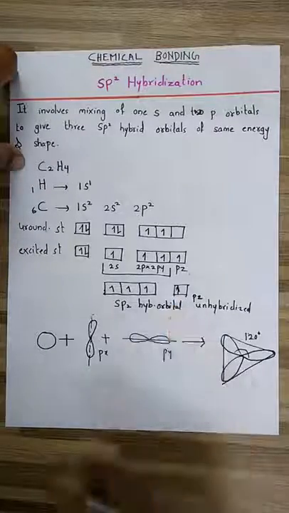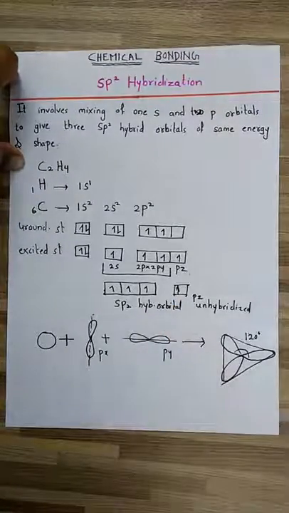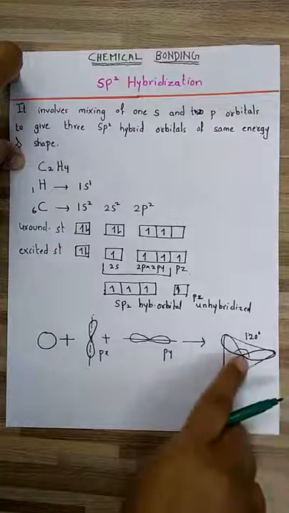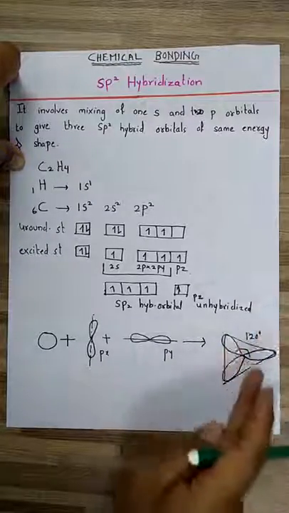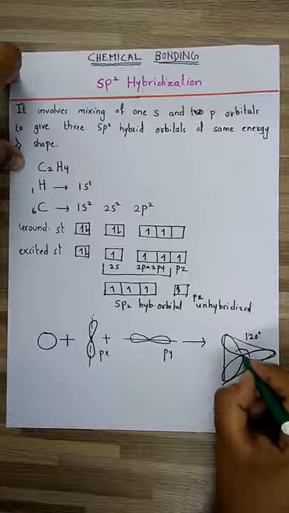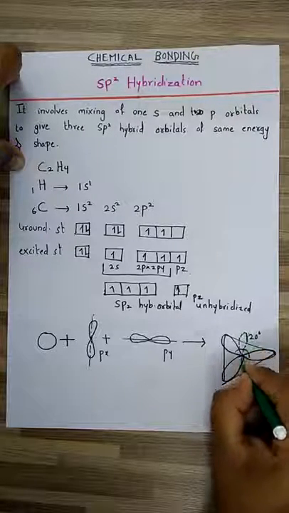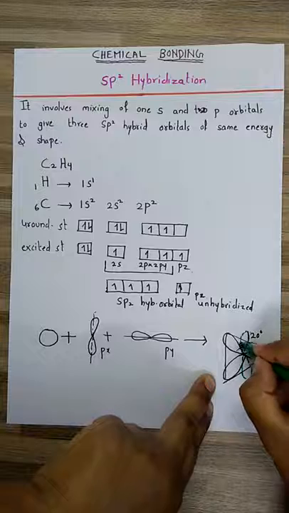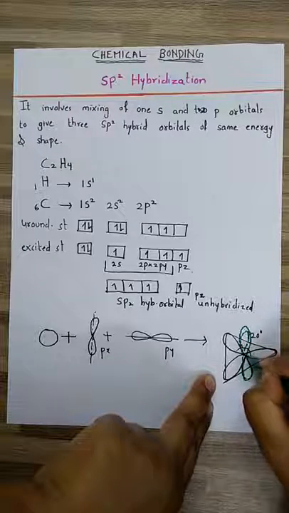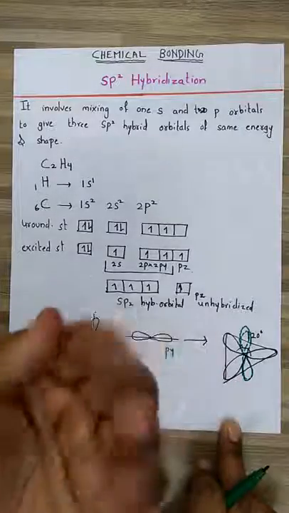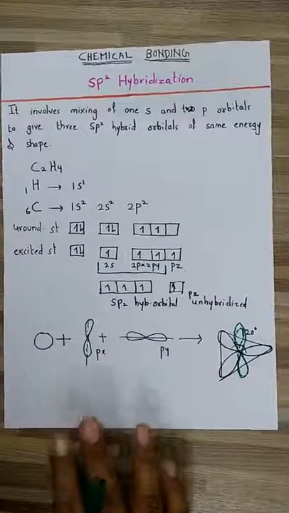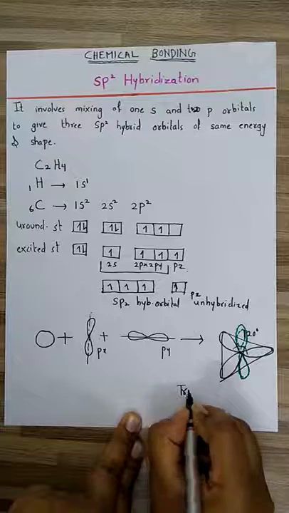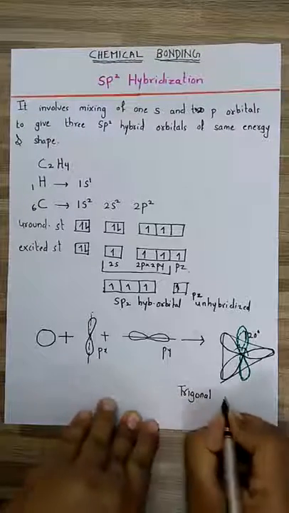Now what happens to this pz orbital? The pz orbital remains perpendicular or at right angle to the plane. तो ये जो आपका प्लेन है, ये पेपर के ऊपर एक लोब होगा pz का और एक लोब नीचे होगा. तो उसको हम ऐसे दिखा देते हैं. ये है आपका अनहाइब्रिडाइज्ड pz ऑर्बिटल. ठीक है, ये ग्रीन से, which is perpendicular to the plane of this trigonal plane. ठीक है, तो जो ज्योमेट्री आपको मिलेगी would be what? ट्राइगोनल प्लेनर.